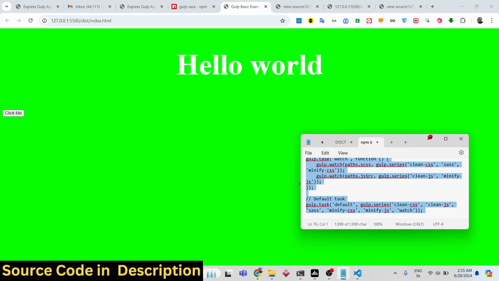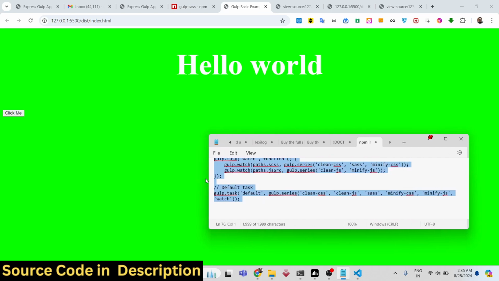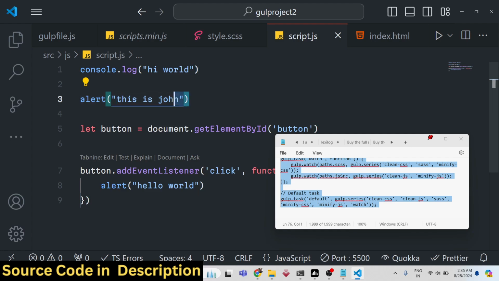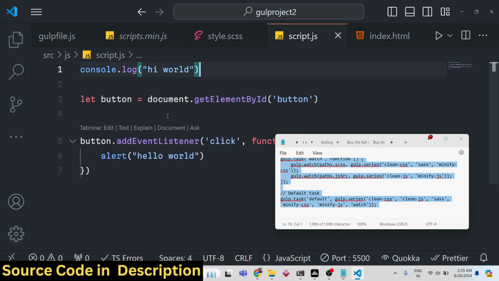I think I made some typo mistake right here. If I change the JavaScript right here,